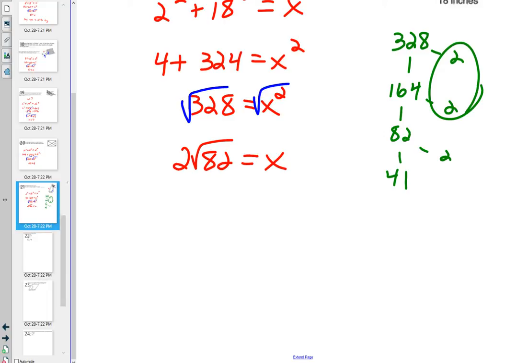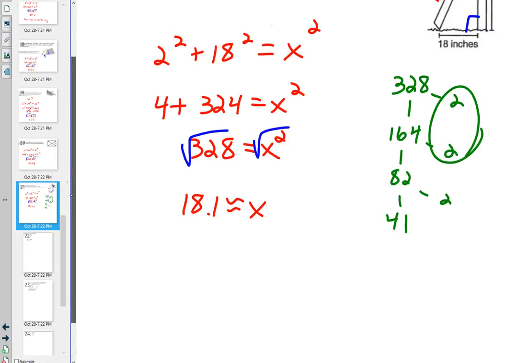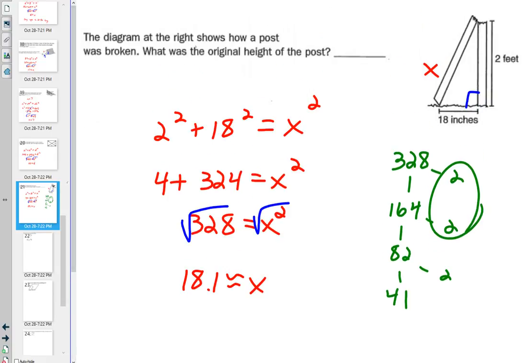But partly because this is a word problem, word problems are more predisposed to rounding. Because I know what I'm going to have to do now, let's just go back and round. They don't tell us, but let's go to the nearest tenth, I guess. What is the square root of 328 to the nearest tenth? Does everybody agree with that? Okay, so let's say 18.1 approximately. Now, when they ask us for the original height of the post,